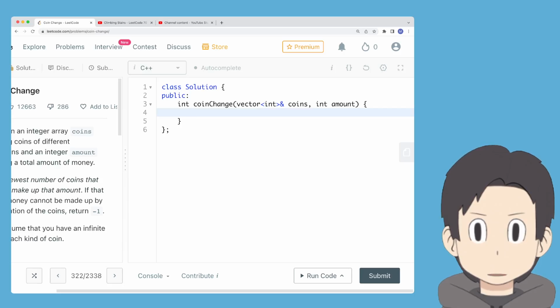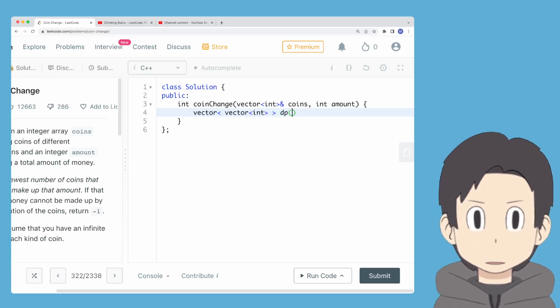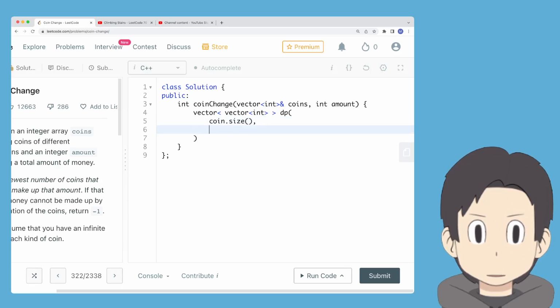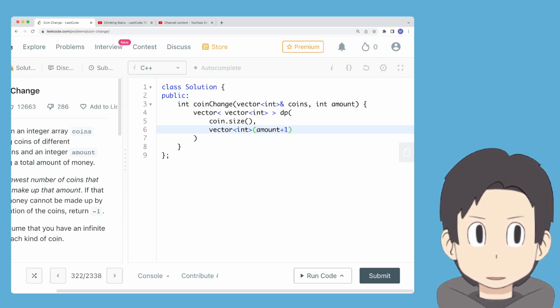So for the bottom-up approach for coin change, we'll initialize a grid, call it DP, and we'll have it with coins.size number of rows, and for the columns, we will have amount plus 1 elements in the columns. Because, for instance, if the amount is 3, then we want to populate,